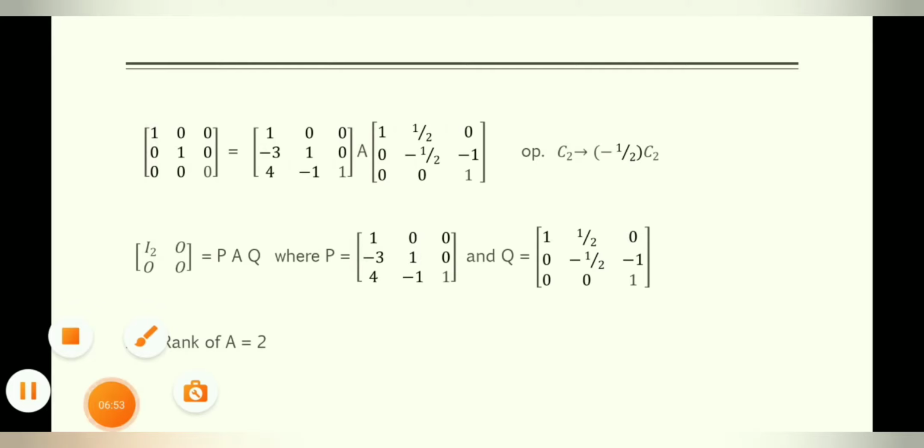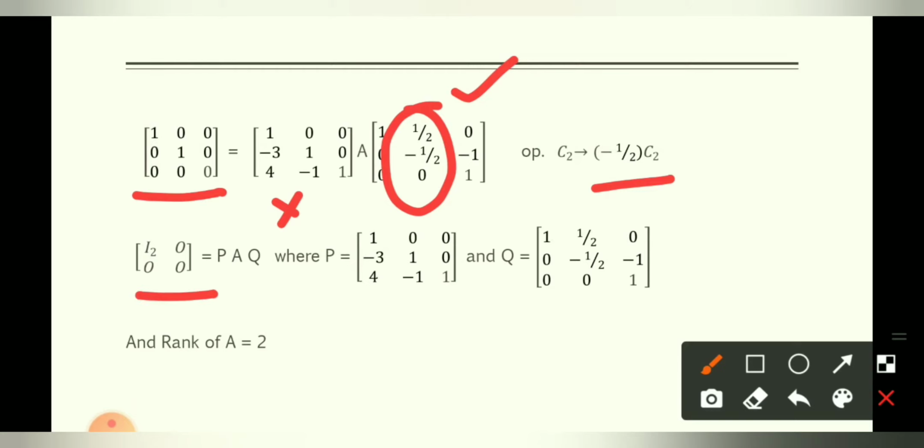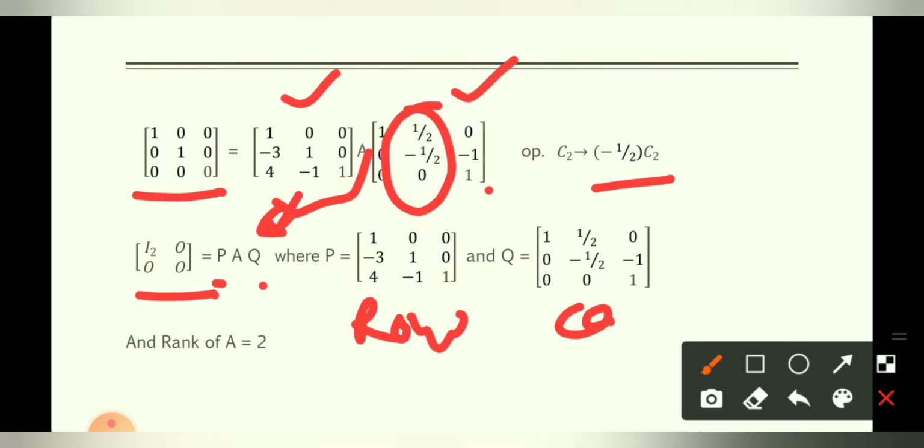Like here we divide it by minus 2, column 2 is divided here also, because this is the column operation, you have to change this matrix. This is same. Now this is I2, because this is an identity matrix of order 2, and here this matrix will be called P. This A is same, because from the beginning we are writing A, and this is Q. P is according to row operation we have obtained, and Q is according to column operation we have obtained from I. This is from I3, this is also from I3. So these are P, Q and A is same.